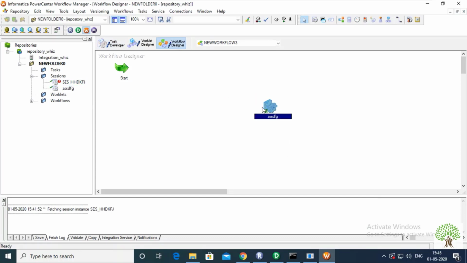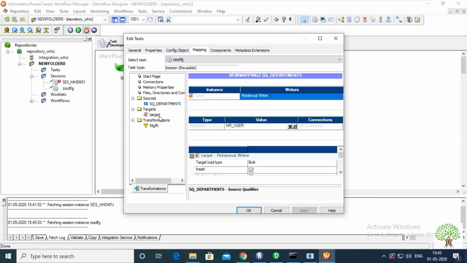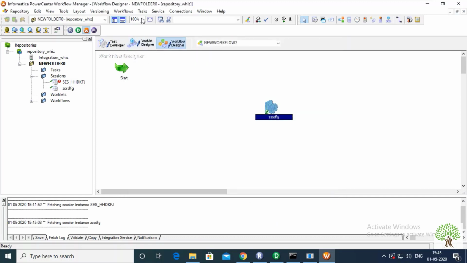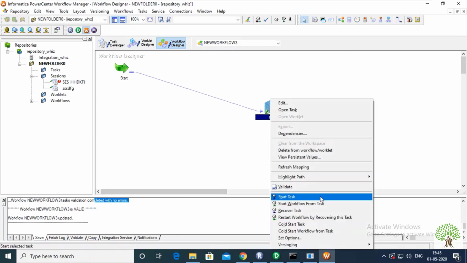I'll select this one and update all the changes which I made previously. Normal, apply and OK. Link the task with the workflow and press Ctrl plus S, and see it's a valid one and completed without any error. Now what's next?